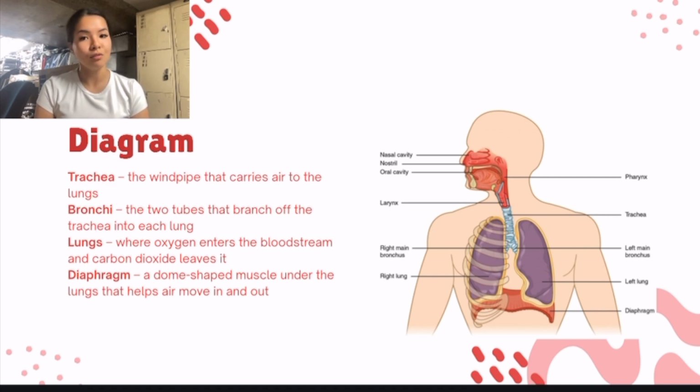and comes out of, our trachea, which is the windpipe that carries air to the lungs, the bronchi, which are the two tubes that branch off the trachea into each lung, our lungs, where oxygen enters the bloodstream and carbon dioxide leaves, and lastly, our diaphragm, which is a dome-shaped muscle under the lungs that helps air move in and